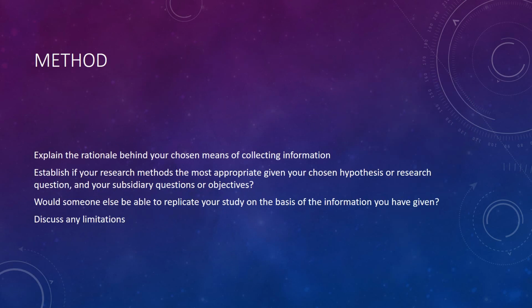So then you have the method. The method is essentially a section to explain the rationale behind your chosen means of collecting data. Indeed, the method should be one of the first sections of the report that is written up immediately after the study is finished, so everything that you have done is still fresh in your mind. The method should contain sufficient information for the reader to understand and, importantly, be able to replicate your study exactly